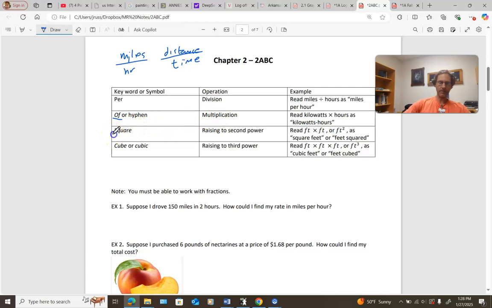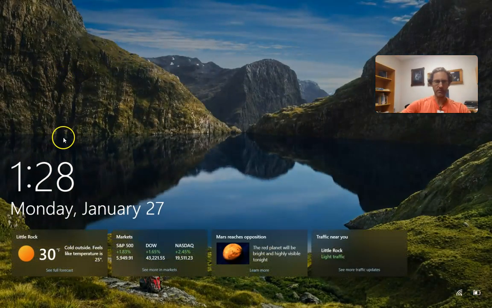All right, let's talk about this word here, square. You know why the computer screen keeps freezing up. You guys may not be able to see this, but